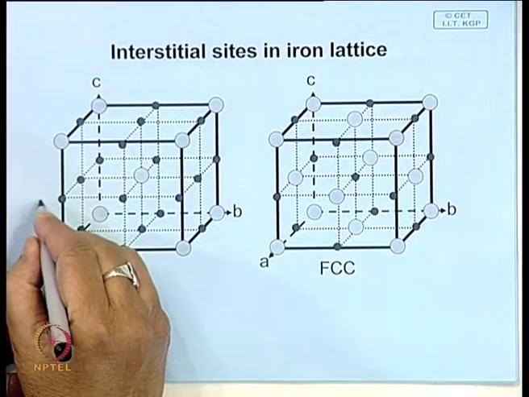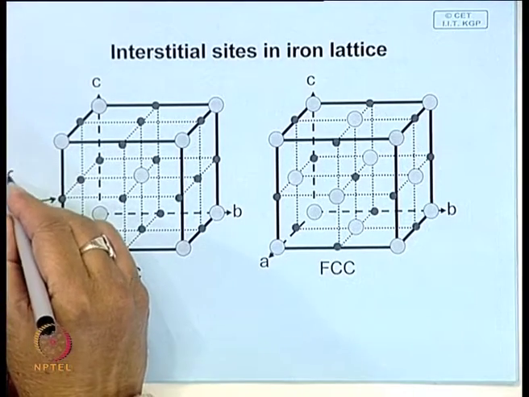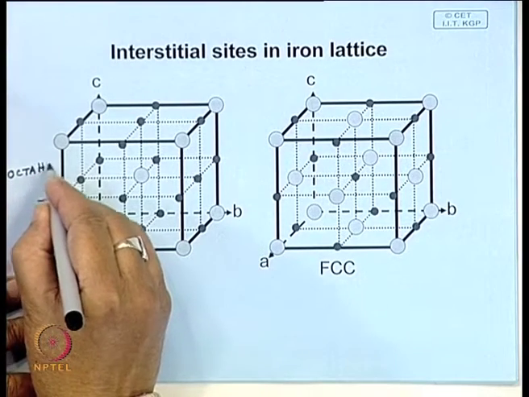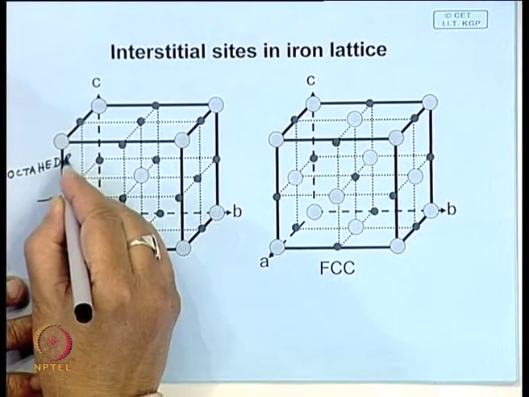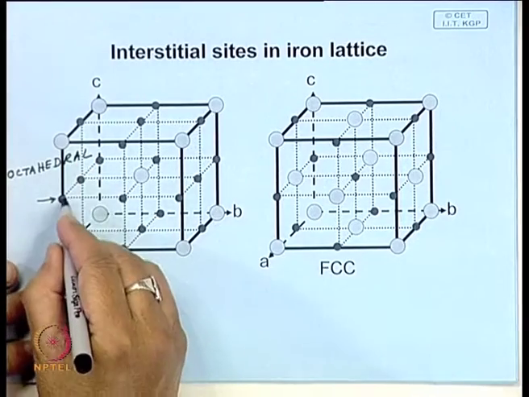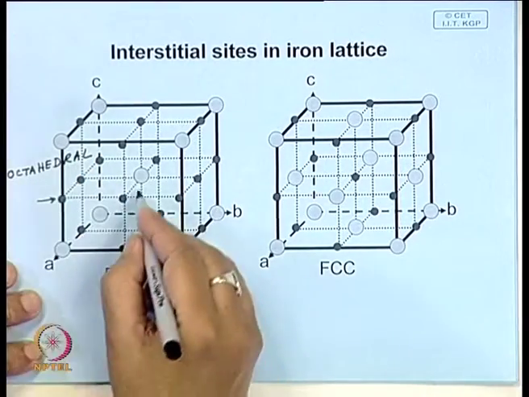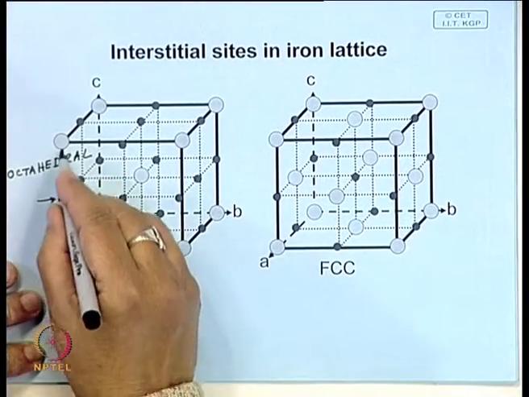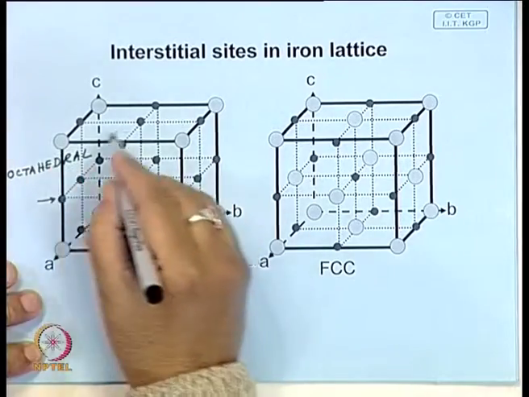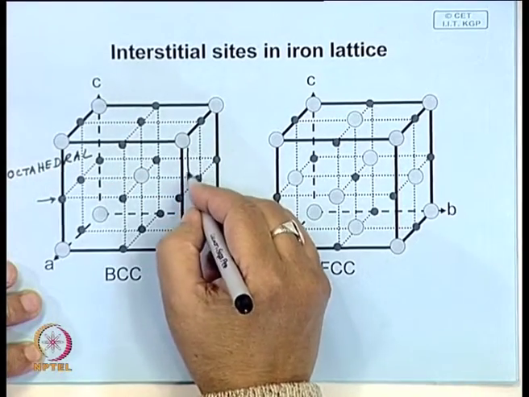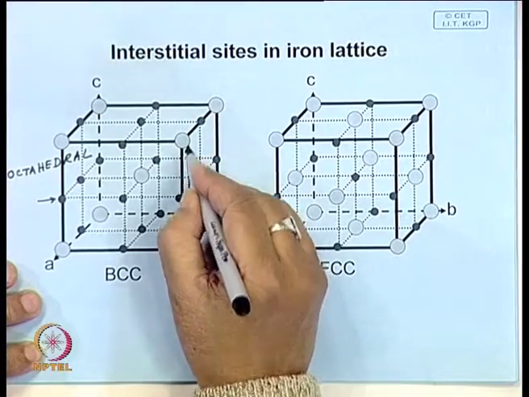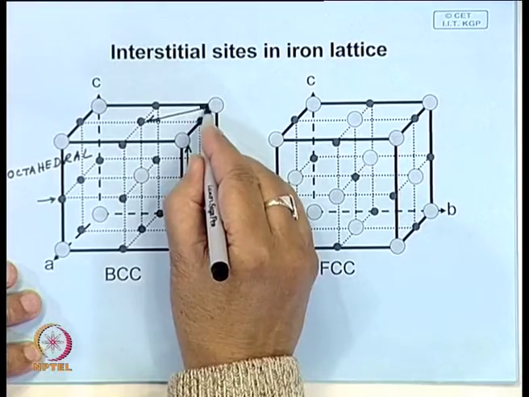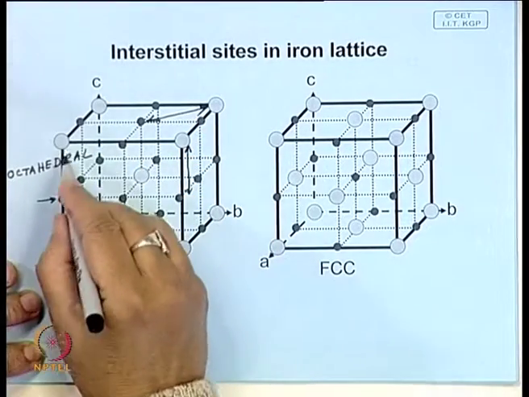Octahedral sites, and you see that one dimension is in this direction, so we can say one dimension is this direction. This gap is much smaller than the gap in these directions. So, they are all identical sites. If you join these,